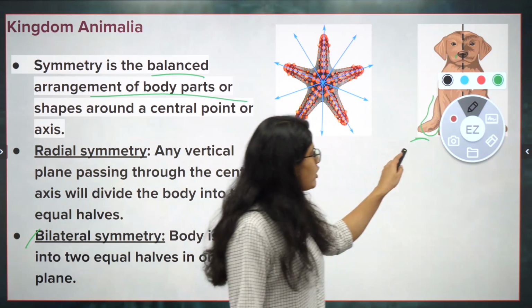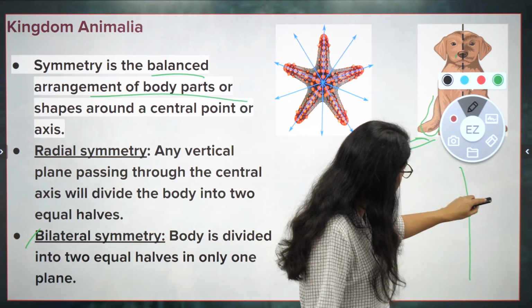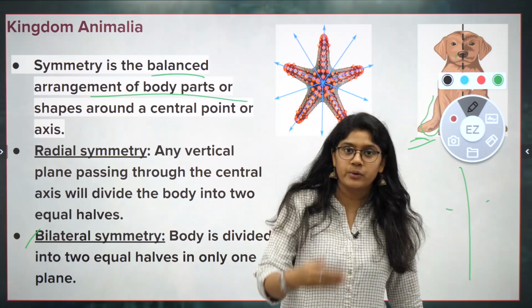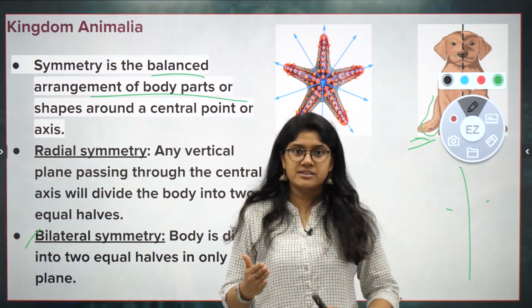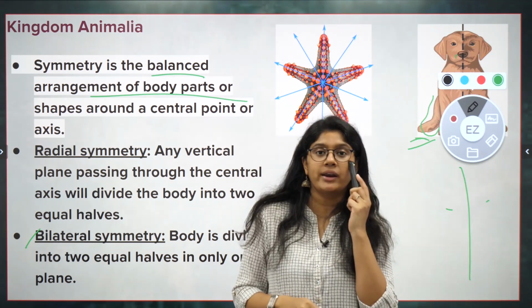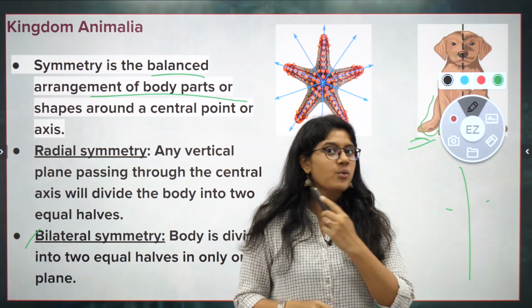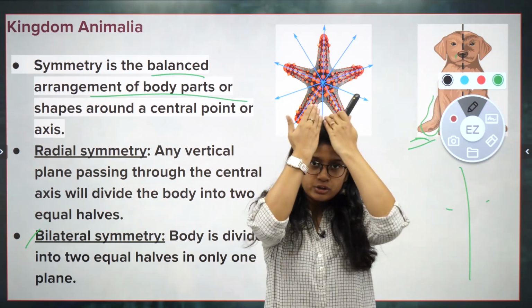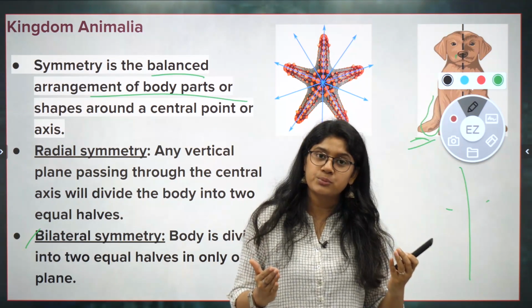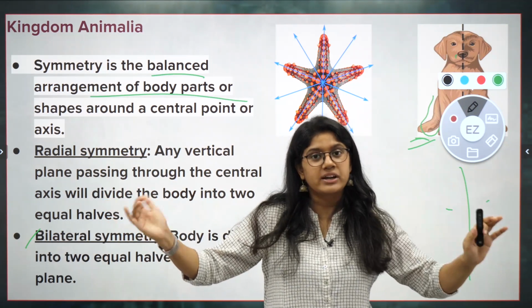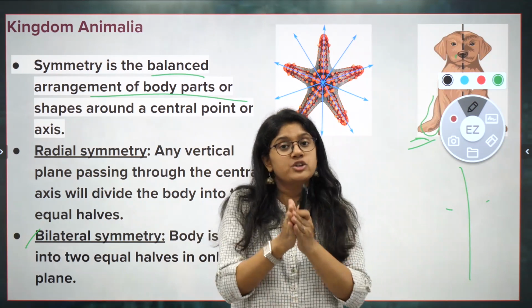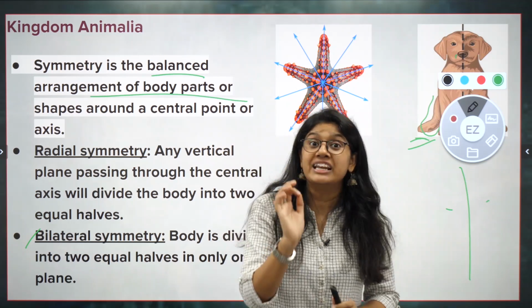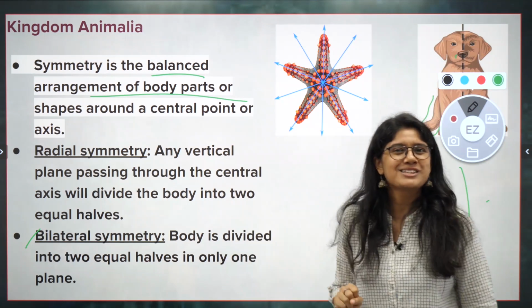Now, bilateral symmetry, what will happen? It will give us equal halves. If this is a partition, if this is our central axis, if we cut ourselves up, we will see that we have one eye, one ear, the same amount of the head part will be distributed. One arm, one leg, like this. The physical body can be divided into two equal halves. That is bilateral symmetry. Now, what happens in the radial symmetry, everyone?